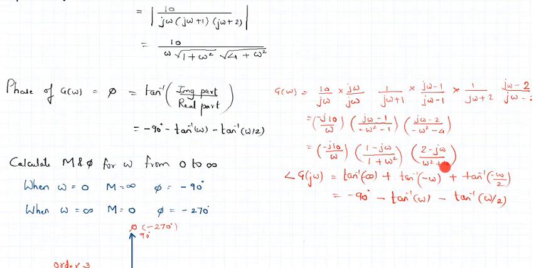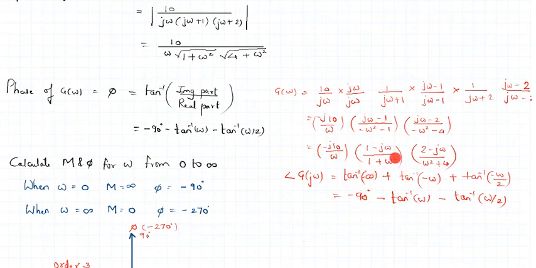So we have now rationalized each of the terms so that there is no j term in the denominator. The purpose of rationalizing is that we identify no j term, and that helps us to separate the real and imaginary part. Now look at the first term. When we now start to find the phase angle, we take the tan inverse of imaginary part by real part. We know imaginary part is 10 by omega, but there is no real part here. Real part becomes 0. So 1 upon 0, as we know, is infinity. So we get tan inverse of minus infinity. The minus sign is because of the sign of the imaginary term. And we know tan inverse of infinity is nothing but 90.